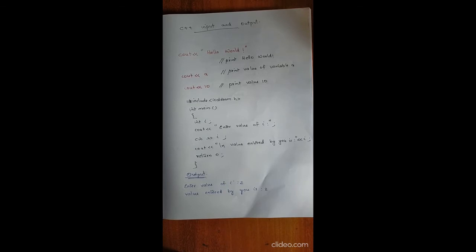Next, we have to study about C++ input and output. C++ IO operation, that is C++ input output operation, is using stream concept. Stream is the sequence of bytes or flow of data. It makes the performance fast. On most program environments, the standard output by default is the screen and the standard input by default is the keyboard.